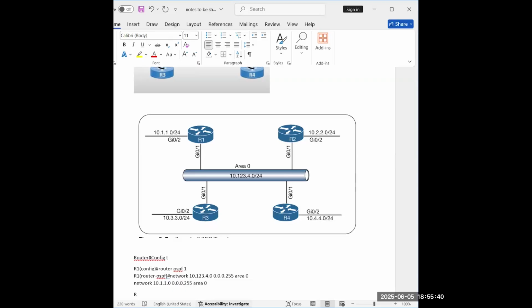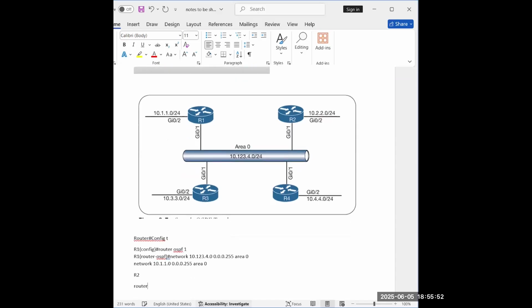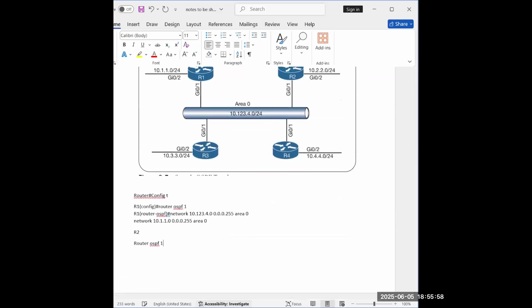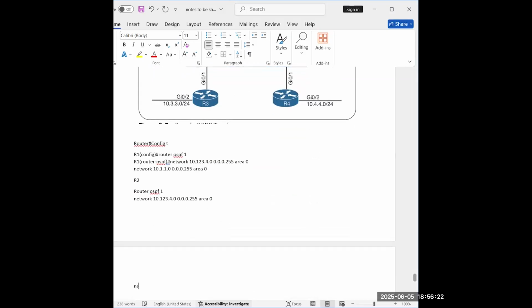For R2, we are going to do a similar configuration, but the network statement will be different. So router OSPF 1, same process. Network 10.123.4.0 0.0.0.255 area 0. Next, network